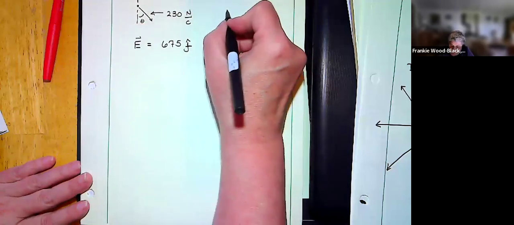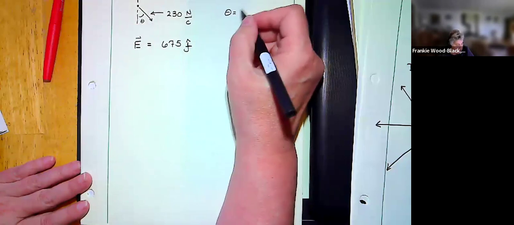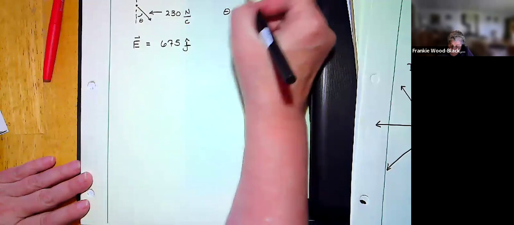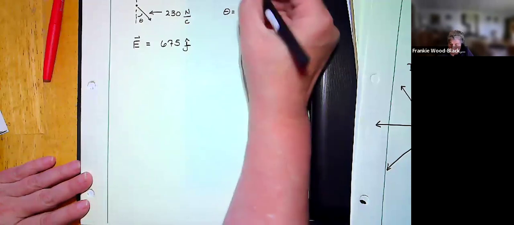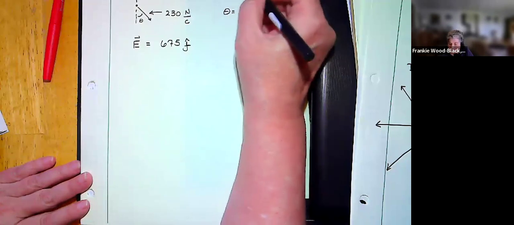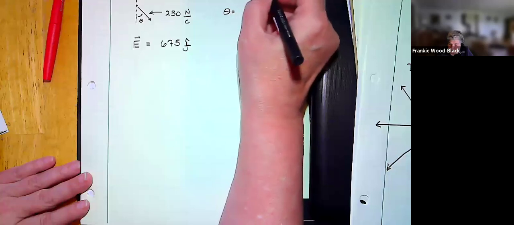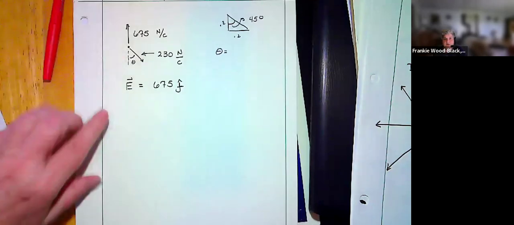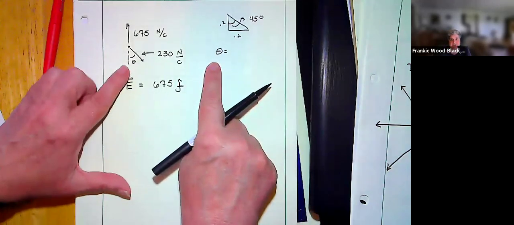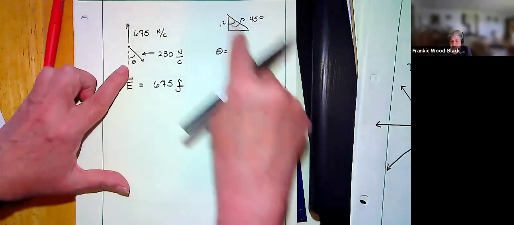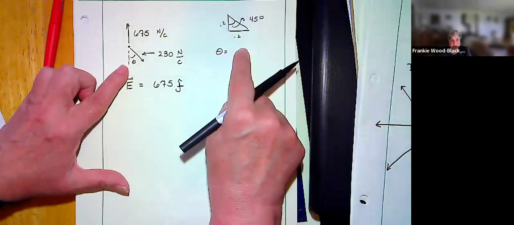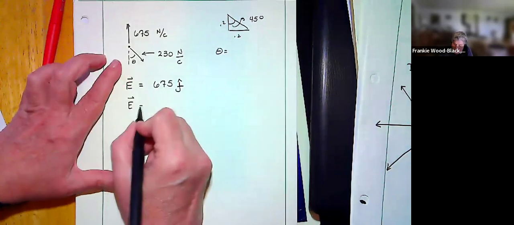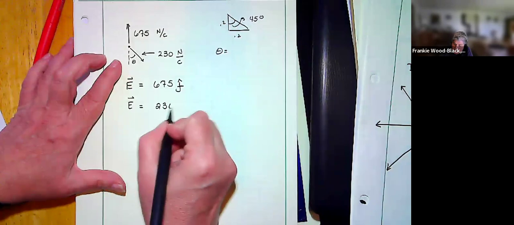And that's going to be, the angle is going to equal, actually we should be able to figure that one out because I have a triangle that this was 0.2, this is 0.2. Guess what? That's going to be a 45-degree angle. So we don't even have to go through the arctangent to get there because we have an isosceles triangle, so we know that that's 45 degrees. So my E for the other one is going to be 230